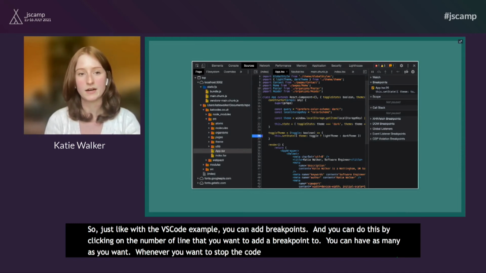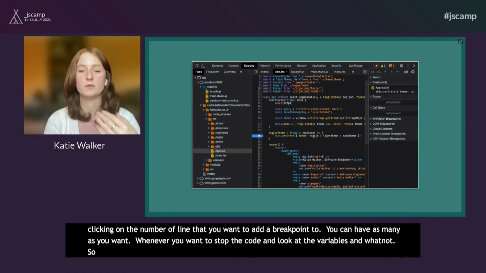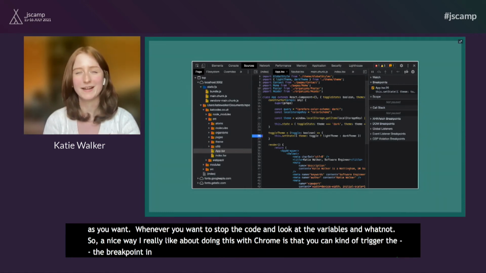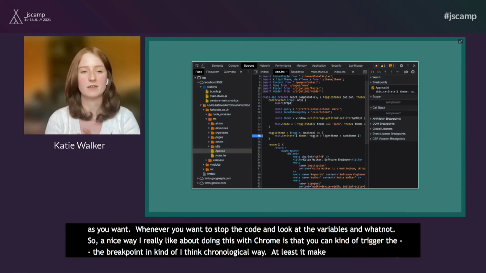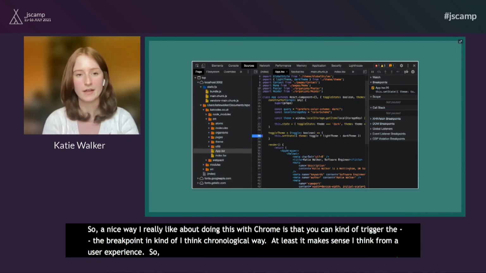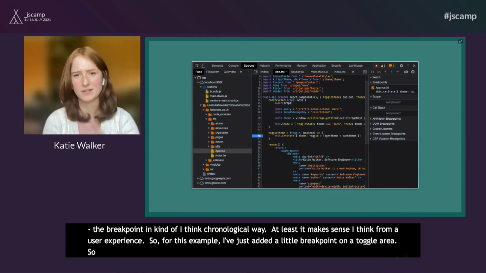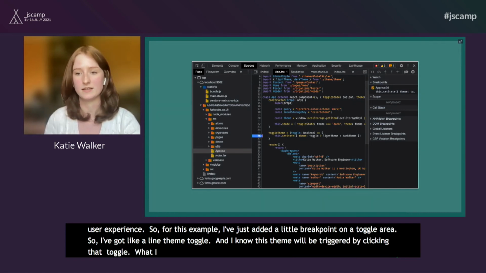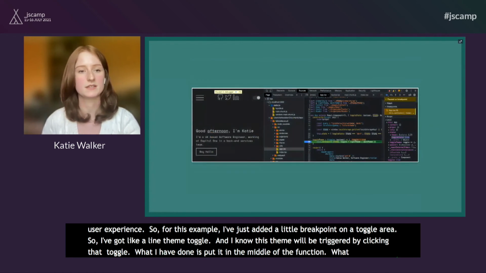So a nice thing I really like about doing this with Chrome is that you can trigger the breakpoint in a quite logical way, or at least it makes sense from a user experience point of view. So for this example, I've just added a little breakpoint in a toggle function. I've got a light and dark theme toggle, and I know that this code will be triggered by clicking that toggle. So what I've done is I've put it in the middle of the function, and to trigger it I just hit the button. So that's what I've done in this case. I've just hit that little toggle button,